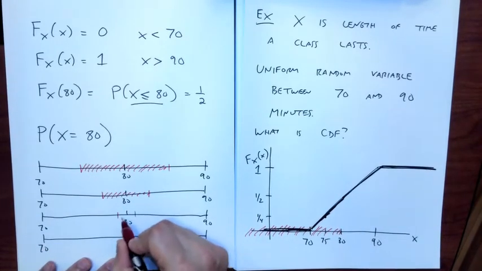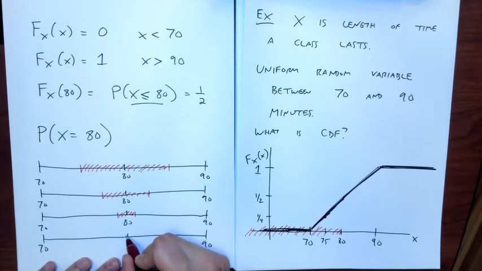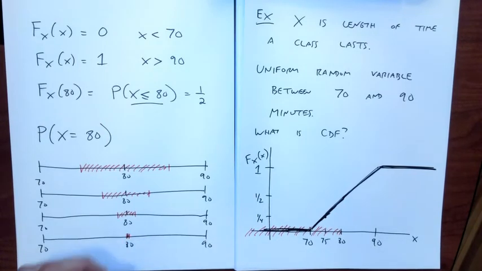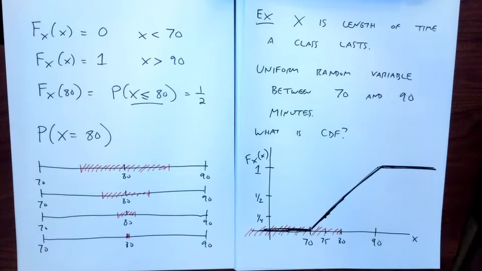What's the probability here and here? Maybe that's an eighth. And then if I ask, what's the probability that I am within 1 nanosecond of 80, that seems suddenly very unlikely. So the probability that I'm exactly 80, in the limit, is 0. The way to think about this is that if the probability of any number inside this interval was not 0, then I would suddenly be way above 1 when I started to add them all up or integrate,